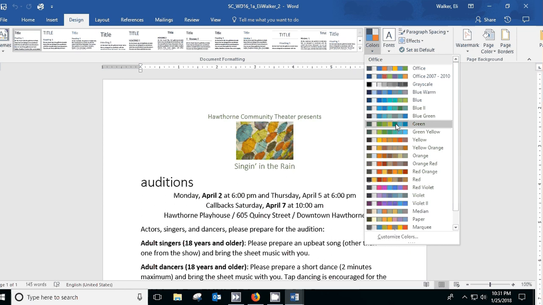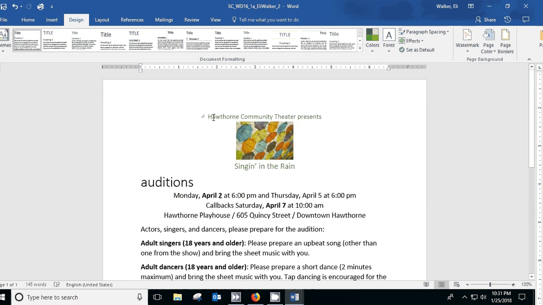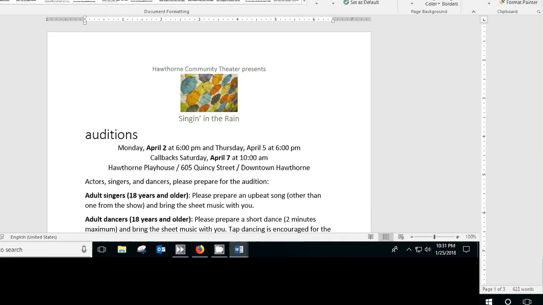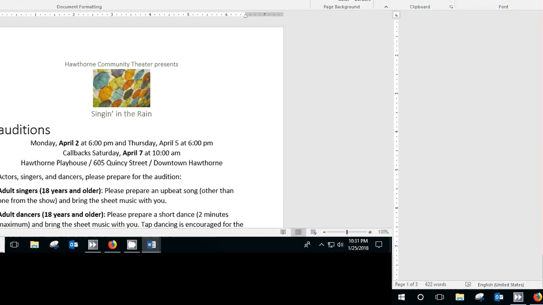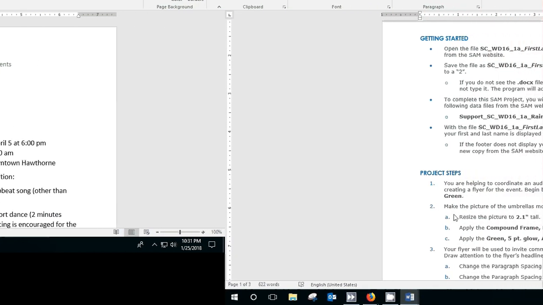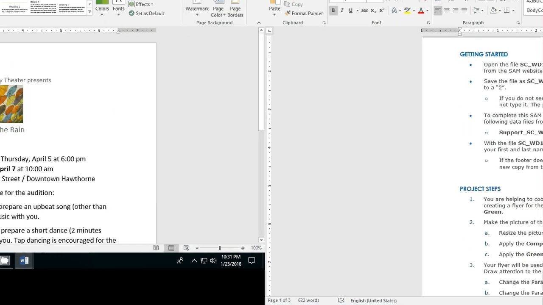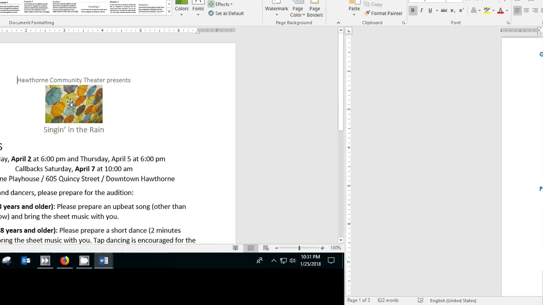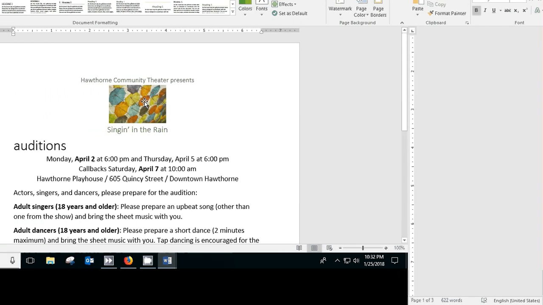Now again, if you follow along in your textbook, you'll find that almost every step you do in the textbook is in almost the same order for the project as you'll be doing here. Now watch what happens when I apply green. Again, you have a green tint that is actually applied. So we've done that. Step number one, we're going to make the picture of the umbrellas more eye-catching by resizing the picture to